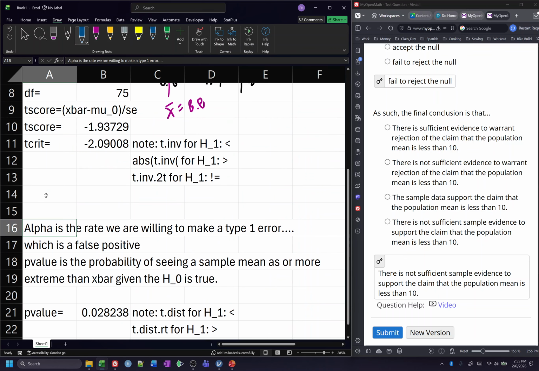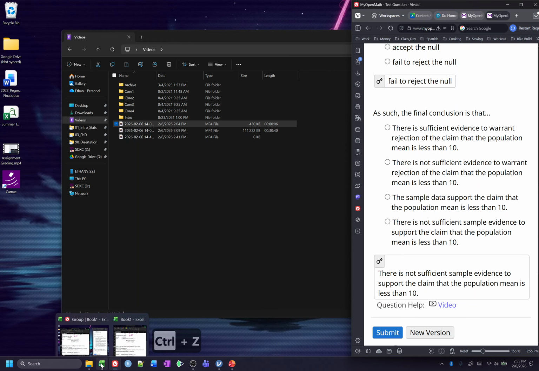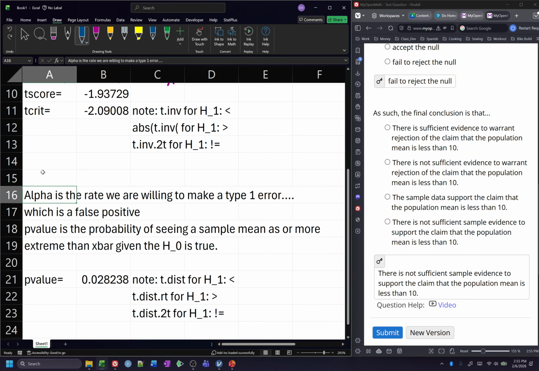The last thing is that you also may want to do a confidence interval. Oops, let's go down here. A confidence interval. Oops, I'm sorry. Here we go. Well, maybe if I minimize, it'll come back up how it's supposed to. There we go. Okay, if we're doing a confidence interval and we want the lower end, we actually have everything